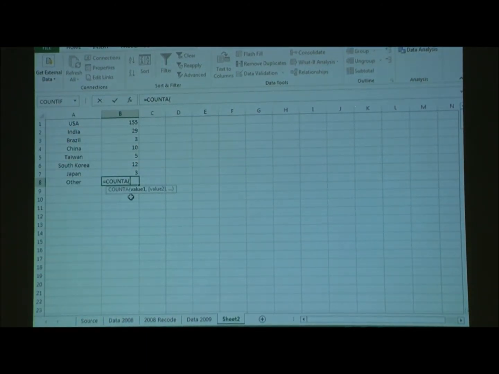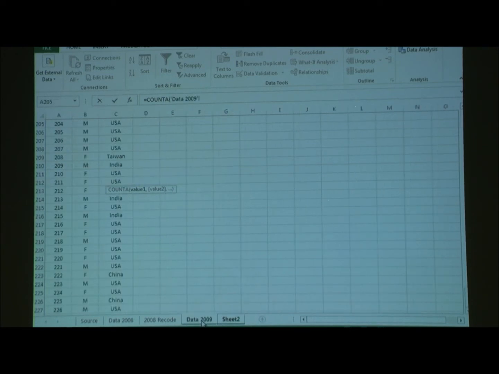So we want to do the count, right? And how do I get the count? We go back to our data set, the 2009 data set, okay? You guys walk me through this. So you look at mine and tell me what keys I should be doing. Well, I mean, you just go back and then you click anywhere, okay? And then you go,